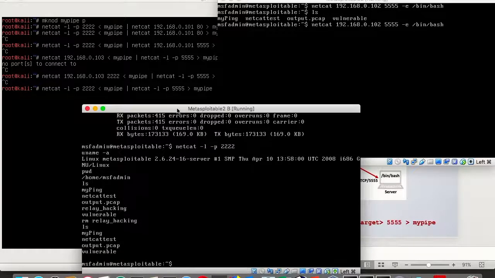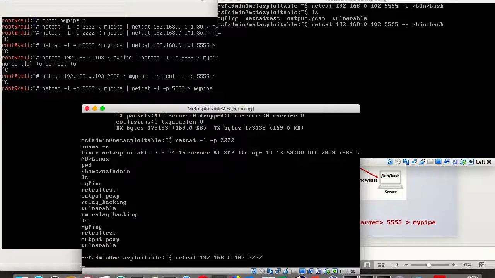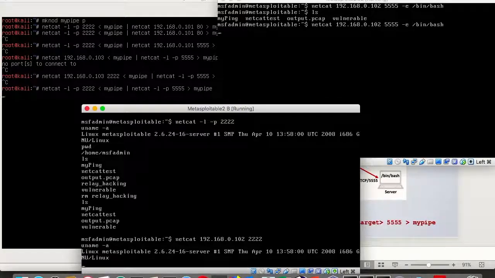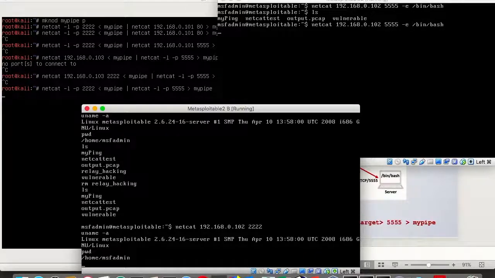Similarly, I come to the penetration testing machine now, and all I need to do is connect to 192.168.0.102, which is the relay, on port 2222. Supposedly I should have shell access. Indeed, I am having shell access, as you can see here.